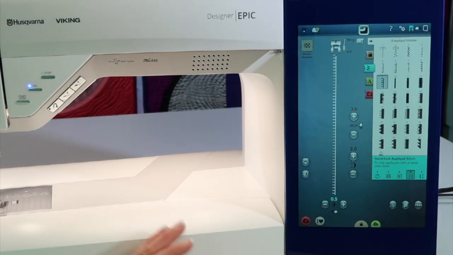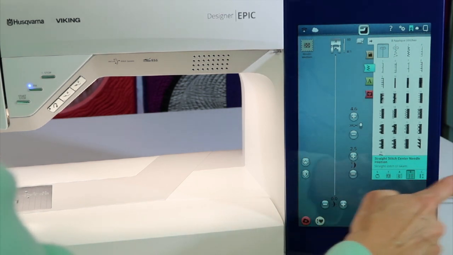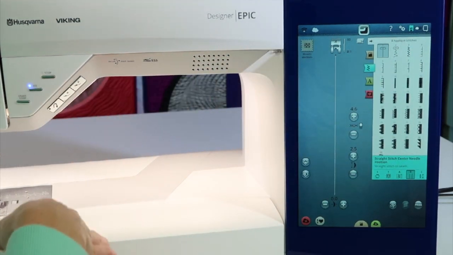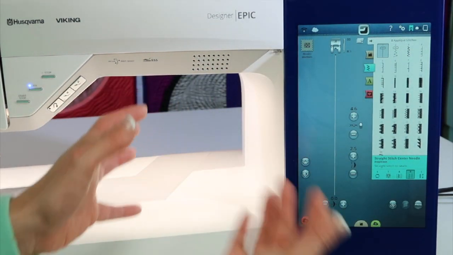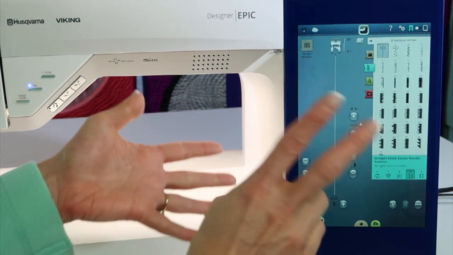So let's say you turn the machine off, you're coming back tomorrow, where are those stitches? How do you get to the ones that you are using? Especially if you're always going back and forth between a couple stitches, instead of running over to this menu and selecting it and then running over to the other menu and selecting it and then having to readjust it, you can save the stitches that you're doing, just like I'm showing, with the right settings, the needle positions,